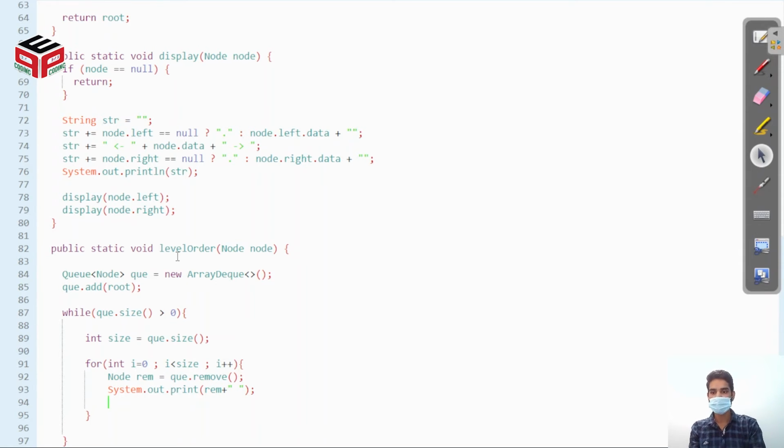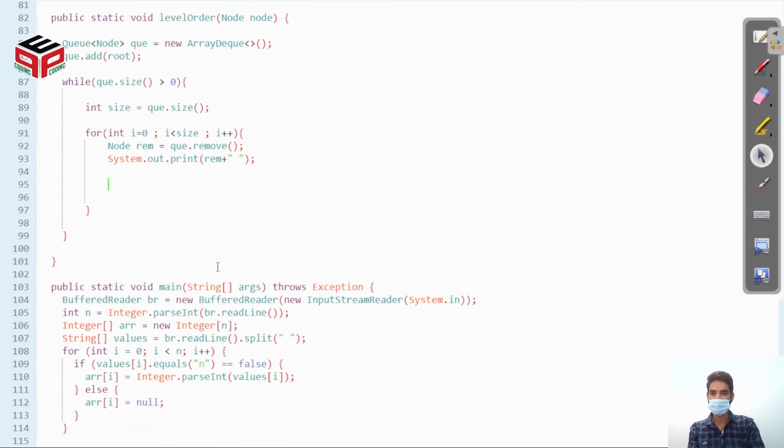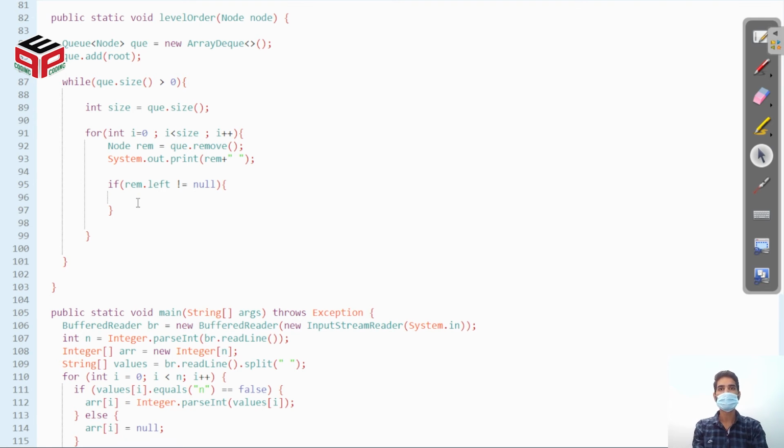Now we will add its left child and right child if present. So we have to check if rem.left is not equal to null, that means the rem node has a left child, so we will add q.add rem.left.